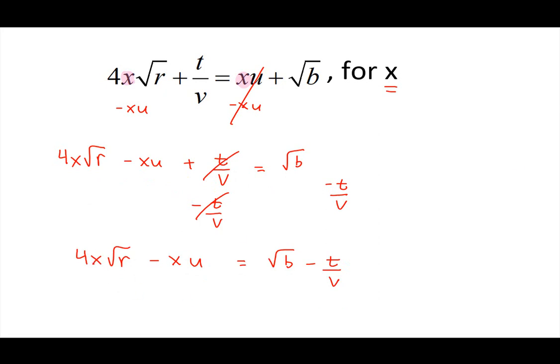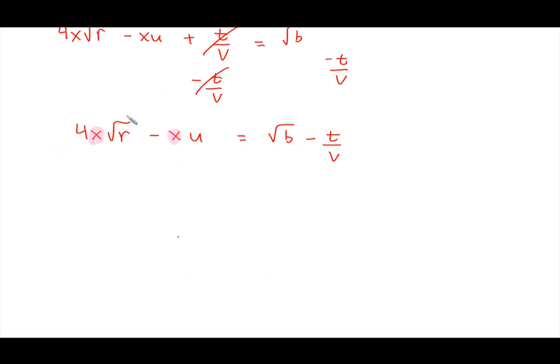So now that we have the x's on the same side of the equal sign, and there's nothing else around them, what we can do is that step where we take out the GCF. Since both of these have an x, I'm going to take out an x. So we have parentheses, and what am I left over with? 4 square root r minus u, inside the parentheses, is equal to square root b minus t